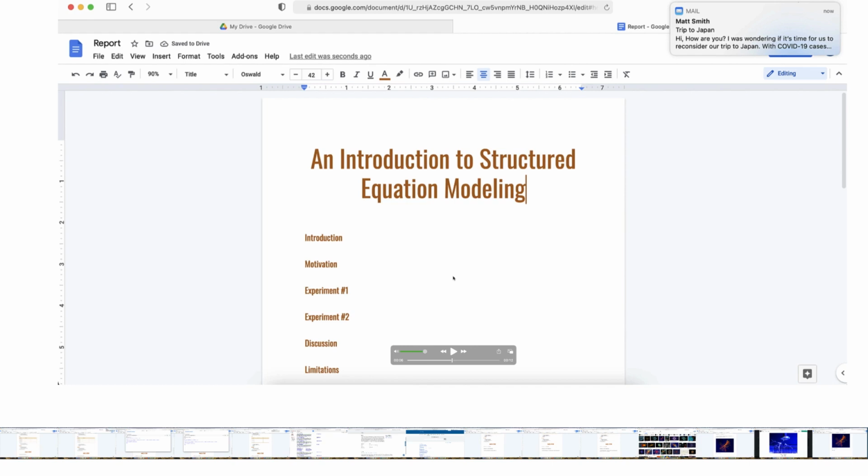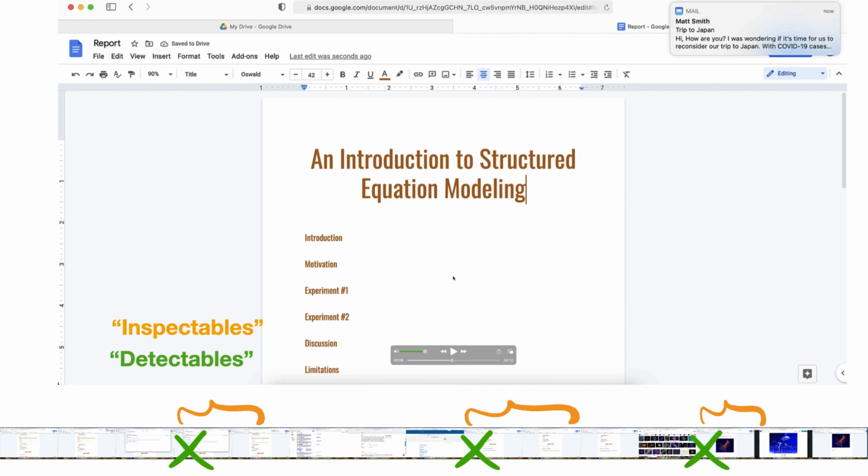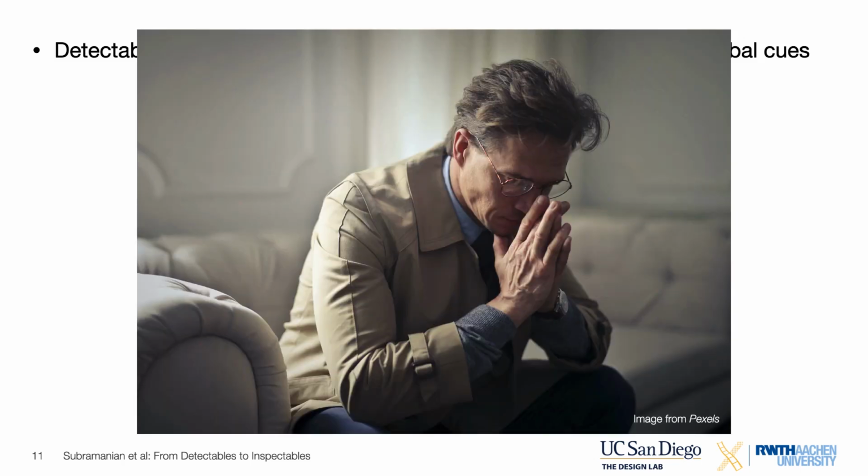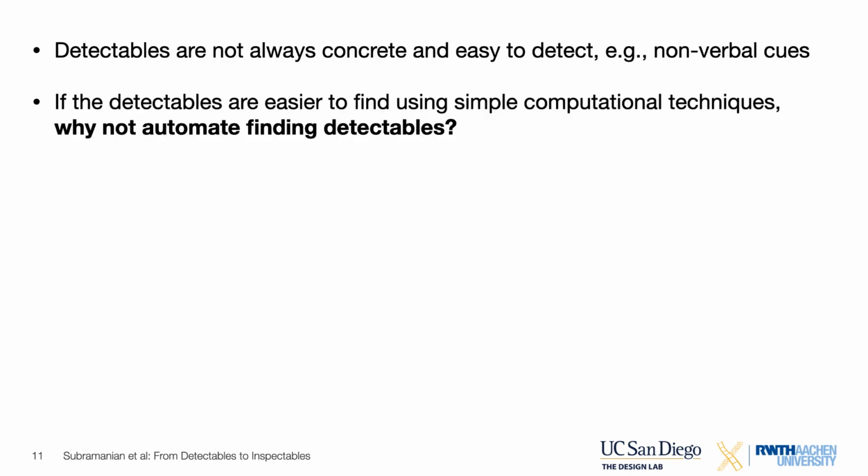To reiterate, we want to find and analyze interesting segments in the recordings, which we call inspectables. These inspectables are usually indicated by the presence of audiovisual cues, which we call detectables. The detectable in our hypothetical study is concrete, but that is not always the case. For example, nonverbal cues can be quite difficult to find. However, if our analysis involves detectables that are concrete and can be easily found using simple computational techniques, we propose